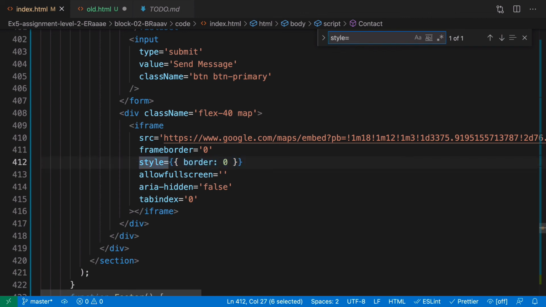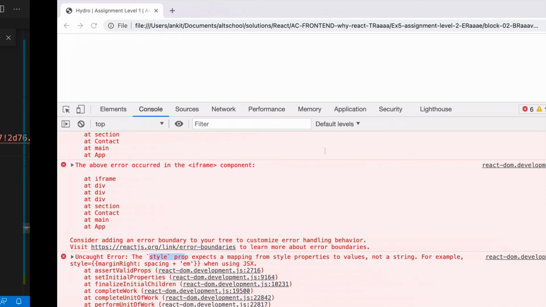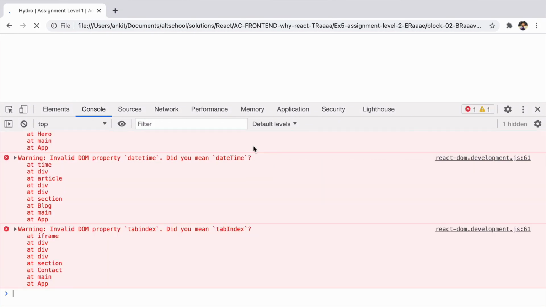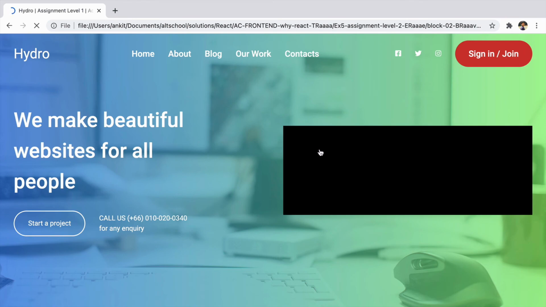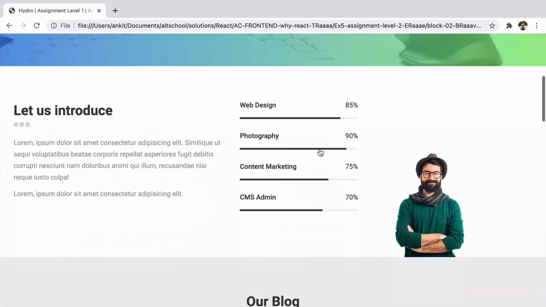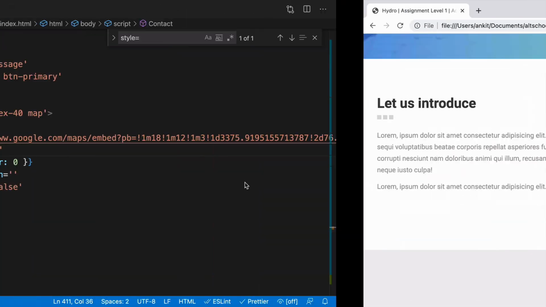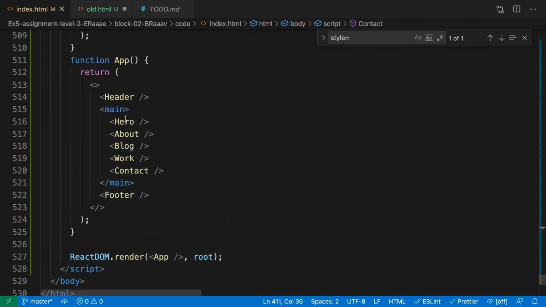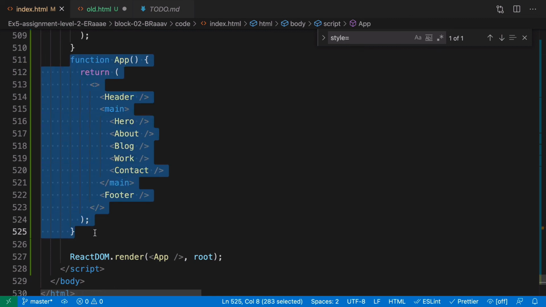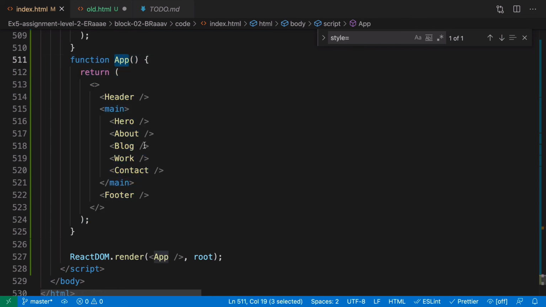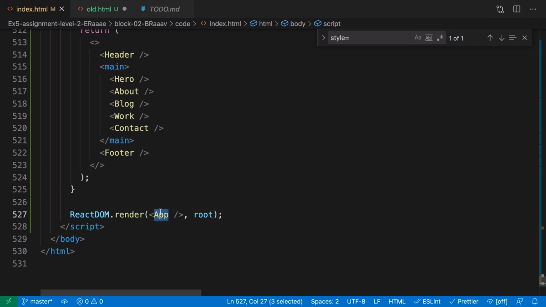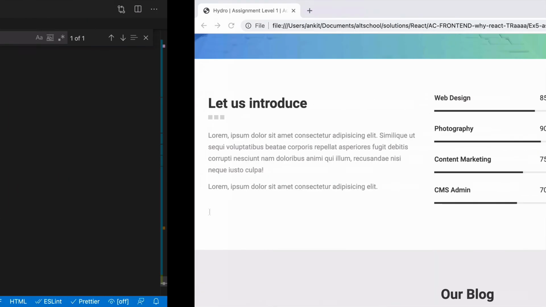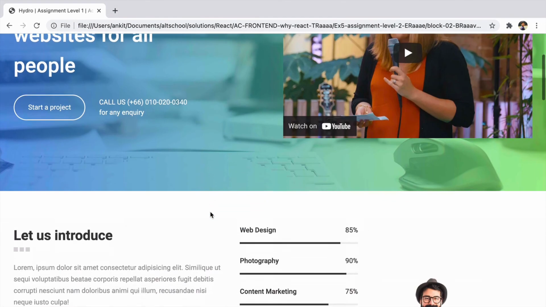So let's look at if we have anything else. We don't have any. We'll save it, we'll refresh it here, and now I think our app will start working. If you look at it, the whole website got converted into React by just following a simple procedure of creating multiple components and composing it all together inside our App component, and at last we are just displaying App into our root element. So in this way we completed our exercise.